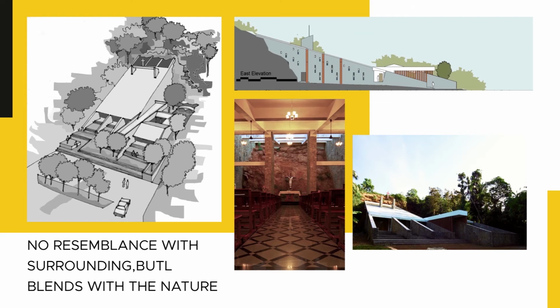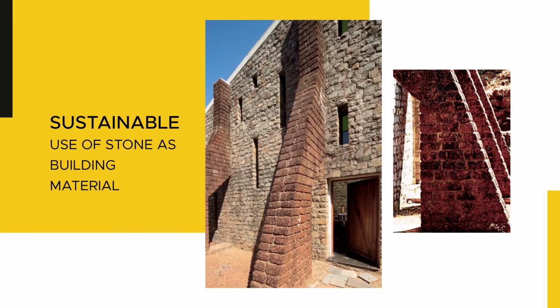One of the key aspects is the way in which the rocky hill slope is conserved and integrated to be a characteristic part of the design and building as a whole. The use of stone as a primary element for structural support and the adoption of vernacular load-bearing system of construction are exemplary of longevity and sustainable use of stone as a building material.